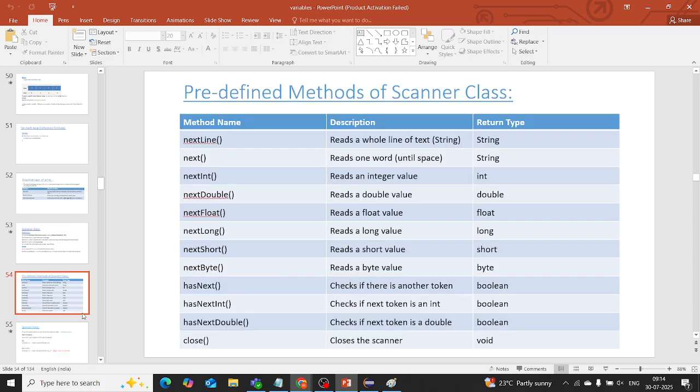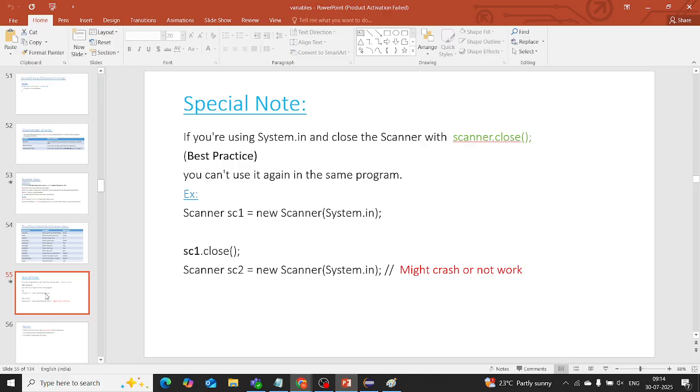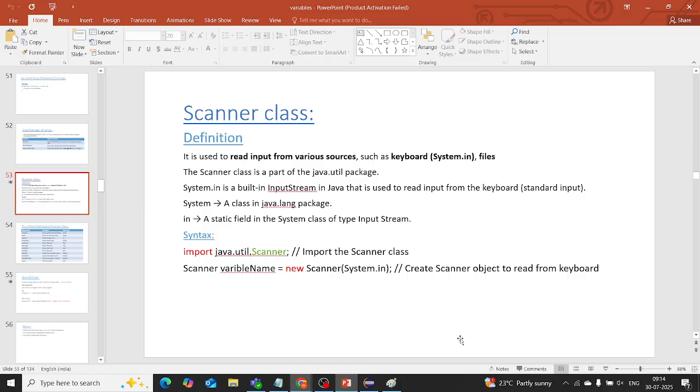The disadvantages we know: it is a fixed size and homogeneous only. That's why collections came into the picture, right? I will explain that after the OOPS concepts. So today